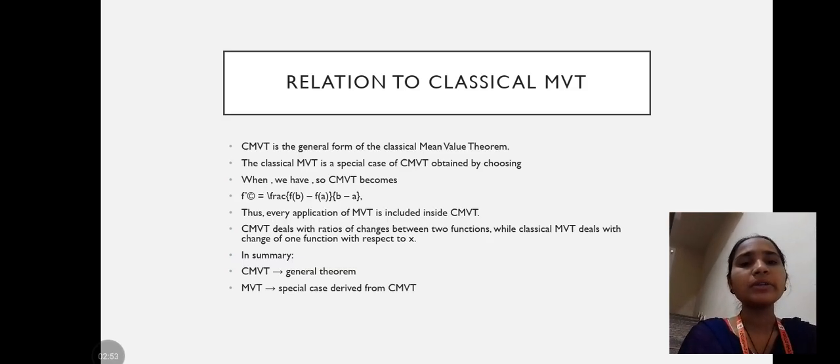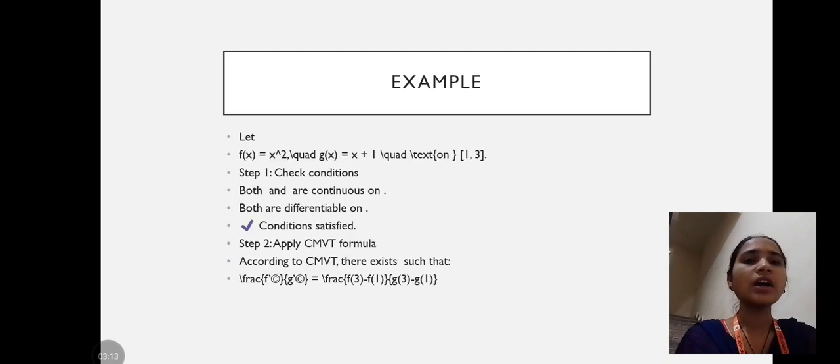Cauchy mean value theorem deals with ratios of changes between two functions, while classical mean value theorem deals with change of one function with respect to x. In summary, Cauchy mean value theorem is the general theorem and mean value theorem is the special case derived from Cauchy mean value theorem. Example for Cauchy mean value theorem: let f(x) = x